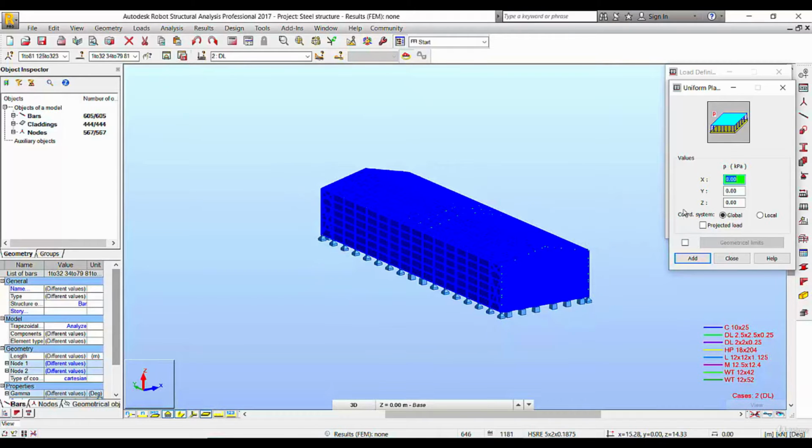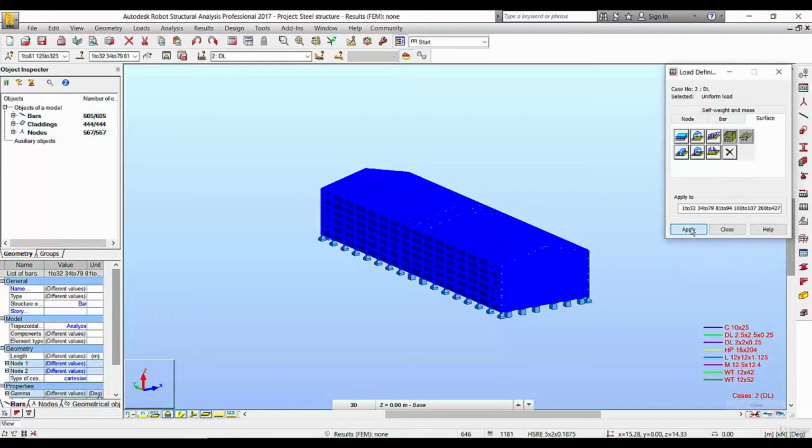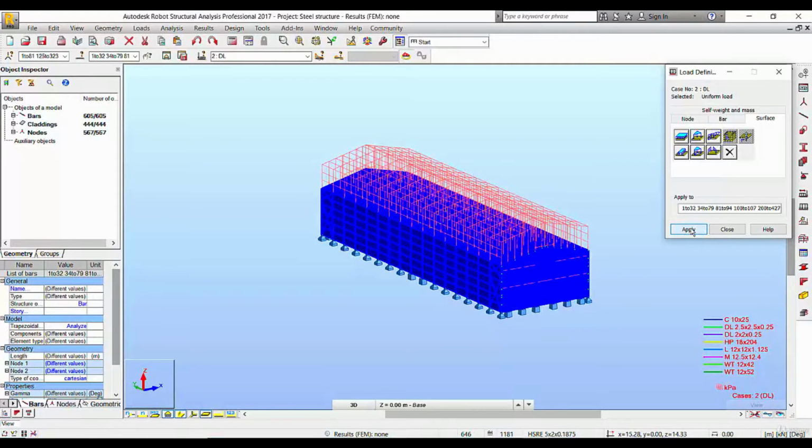So we put minus 1.5 kilonewton per meter square. We press add, then apply. So we have put the dead load here. Look, we can show here the dead load. Okay,